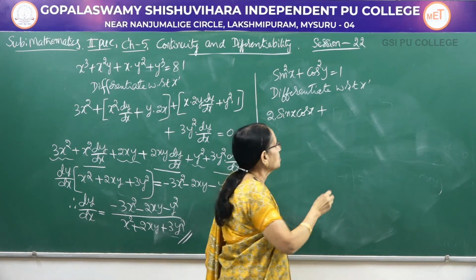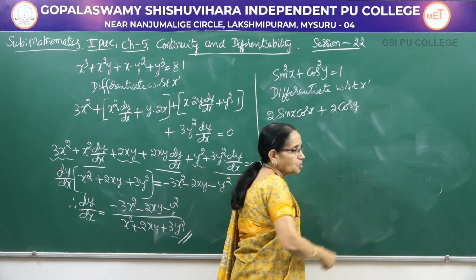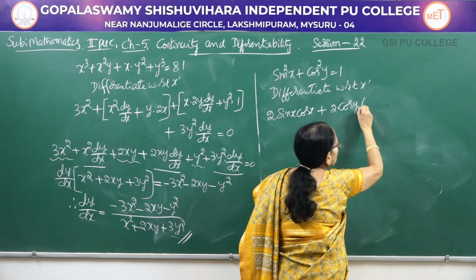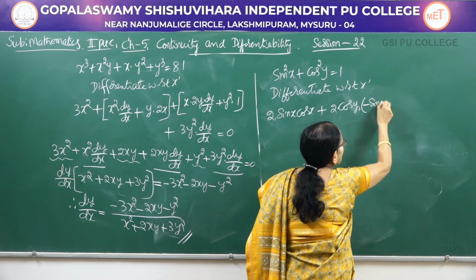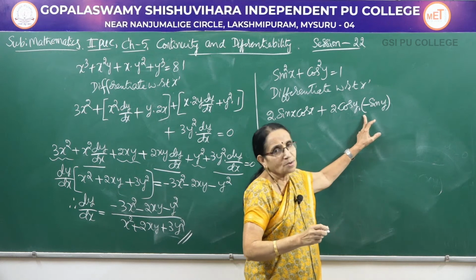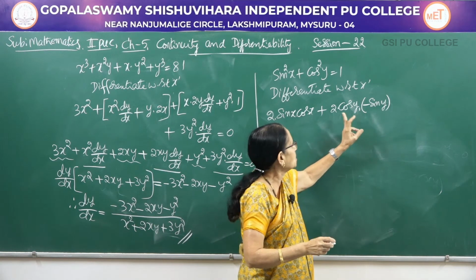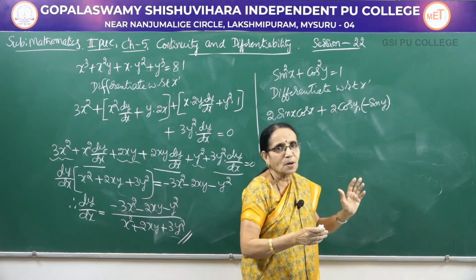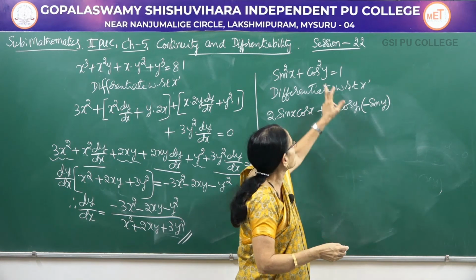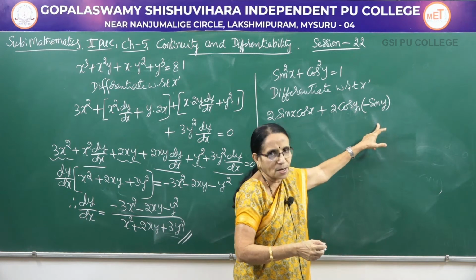The same rule is applicable. Cos square y becomes 2 into cos y. But cos y also has to be differentiated, whose derivative is minus sin y. So this is what I told you. Whenever you have a minus sign, better write it inside the bracket, because you are multiplying. If you don't write the bracket here, you will write it as 2 cos y minus sin y. Instead of a product, you will be writing it as a difference. So it would be wrong. So cos square y becomes 2 cos y, cos y becomes minus sin y.